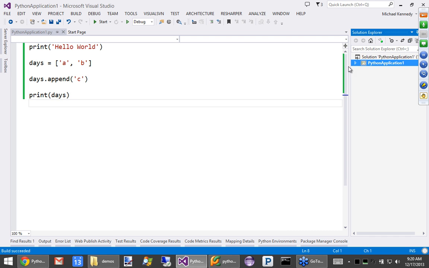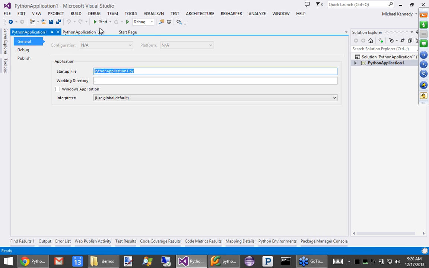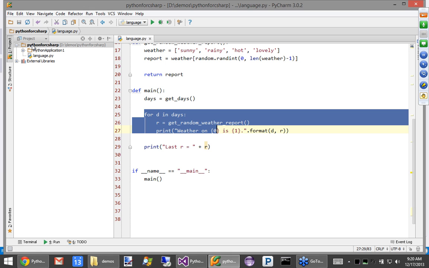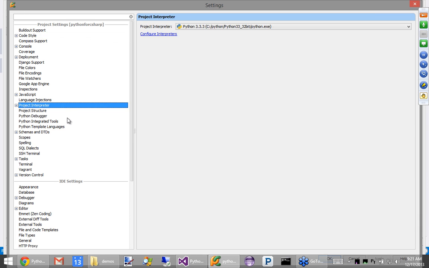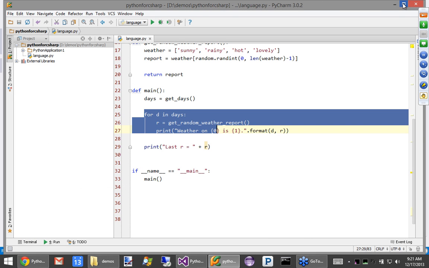You get the immediate window, some stuff you can do with Python environments. But if you go look at the properties, if I come over here and say properties, you'll see there's just a couple of options that you get to set. If you look at PyCharm, we go over here and look at the settings. If I just press the right hotkey, I'll pull up here. You can see there are a whole lot more settings. So just at the project interpreter level, there's all sorts of stuff in virtual environments and things you can do. It's just much richer in terms of really working with Python.